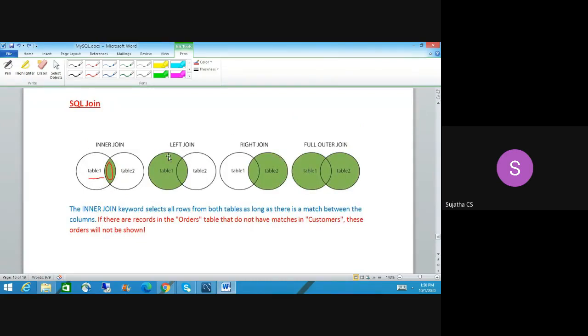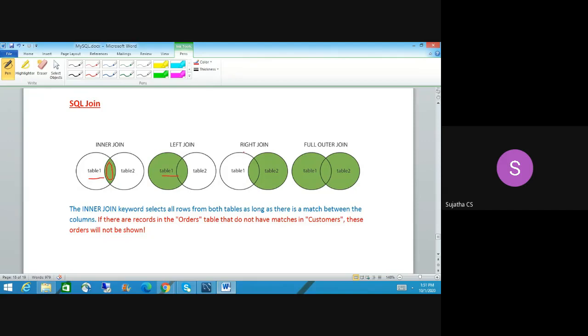Okay, then left join means it will take the customer table on the left side. Imagine table 1 is a customer table, table 2 is an order table. So left join will take the entire customer table, and then the common relation between these two tables will be returned on the output panel.